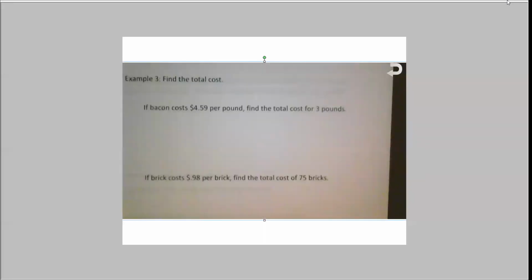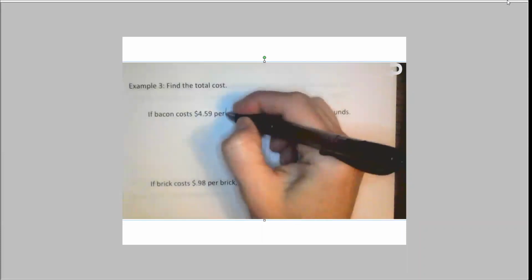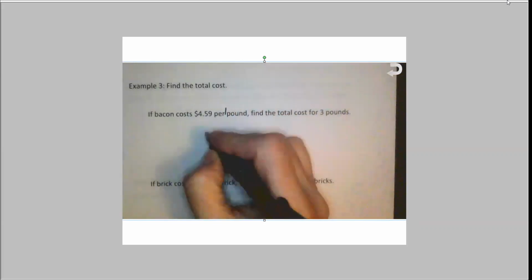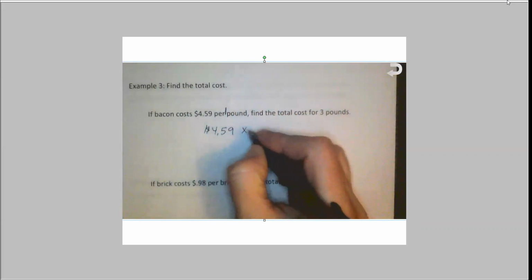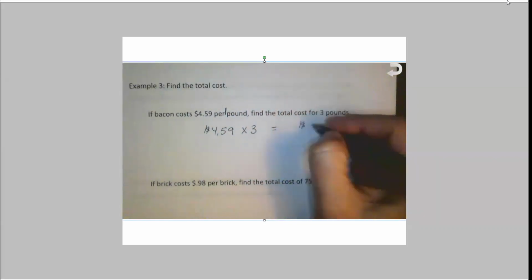All right, in this next example, we're looking for the total cost. If bacon costs $4.59 per pound, okay, that means per 1 pound costs $4.59. Then find the total cost for 3 pounds. So if it's $4.59 for 1, I can find out how much 3 pounds will cost by simply multiplying by 3, and that gives me